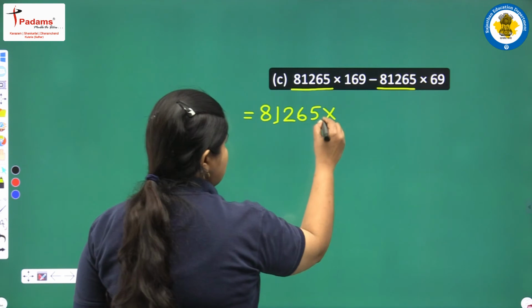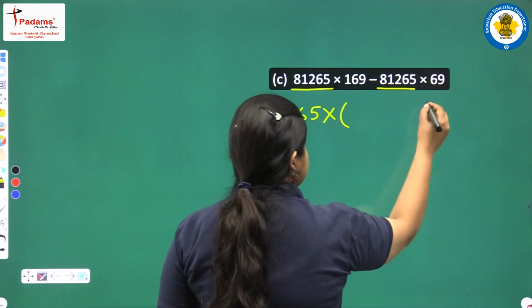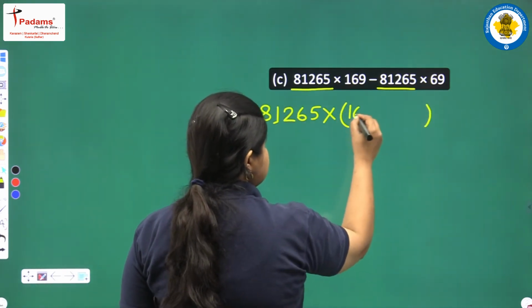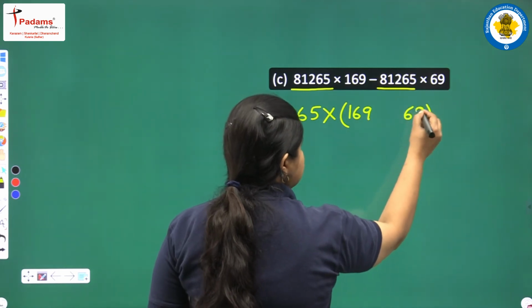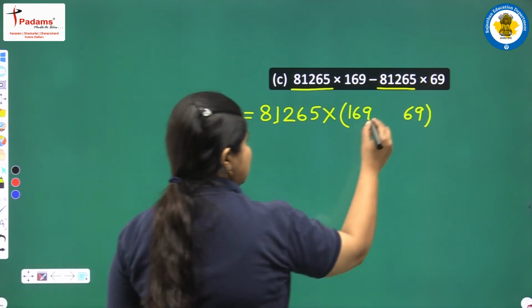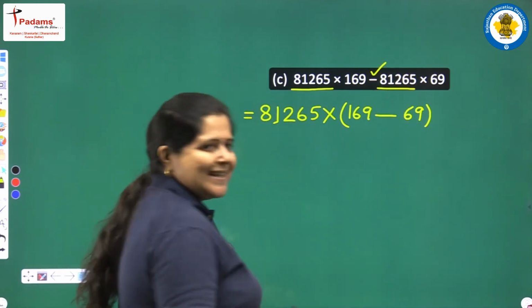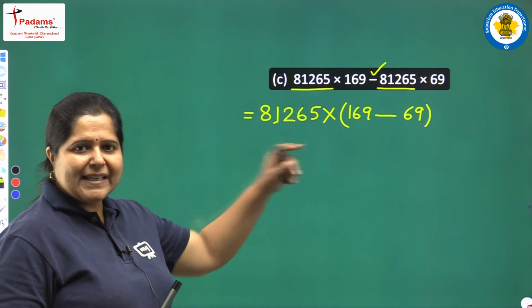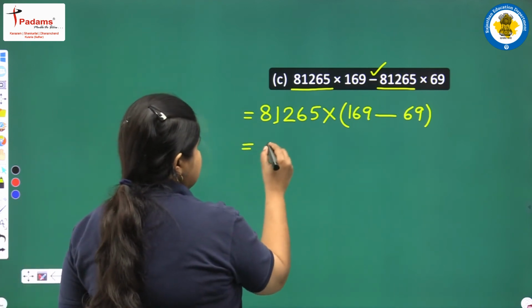81,265. We take it out as a common number, and then we will have inside 169 from here and 69 from here. And now what will be the symbol inside? It will be minus, because here it is minus. So we will write minus in the center. Again